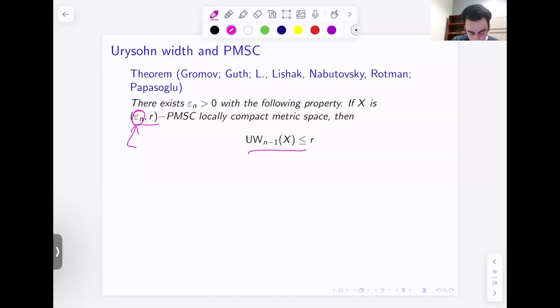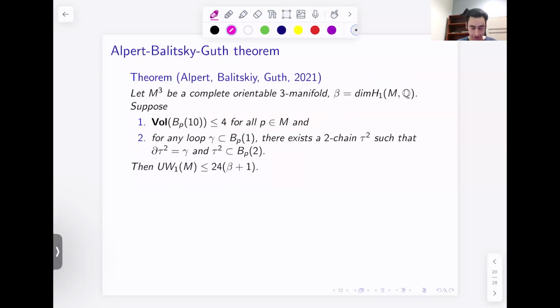Right, so going back, we hope to get some intuition from these types of arguments to apply them to scalar curvature. And something that we don't like here is that it's n-1 dimensional Urysohn width, and we hope to get a bound on n-2 dimensional Urysohn width for positive scalar curvature. So there is a result by Hannah Alpert, Alexei, and Larry Guth from 2021, which proves a very interesting inequality for codimension 2 Urysohn width